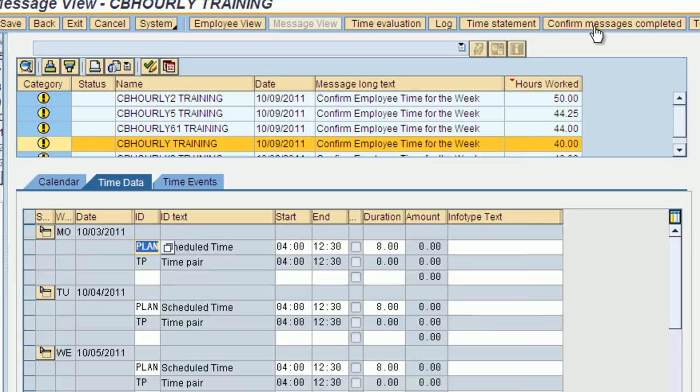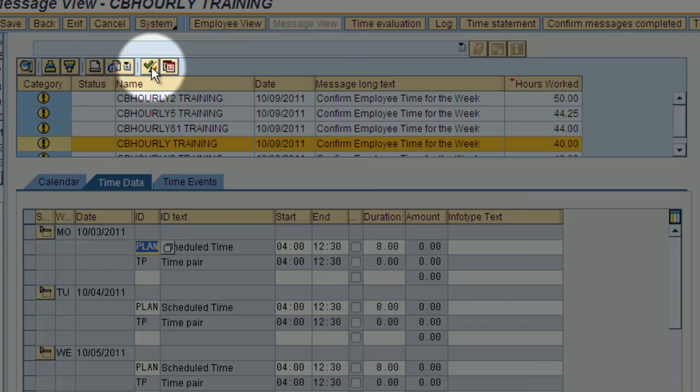Okay, so we can see that message is dropped off now, and I have the rest of them to review. I could continue doing what I just did, where I review each one at a time and check it off and confirm it. That's fine if that's the way you want to do it. Another option is to review all of these. So if I look at this guy, say I know he works a 50-hour week and that's what I expect, I'm not even going to look at his time in detail. The rest of these, I may look at them in detail, or I may just say, yeah, that's a 40-hour week or that's a 45-hour week, and I remember he missed half an hour or 3/4 of an hour here or there. If I'm good with all of these times,